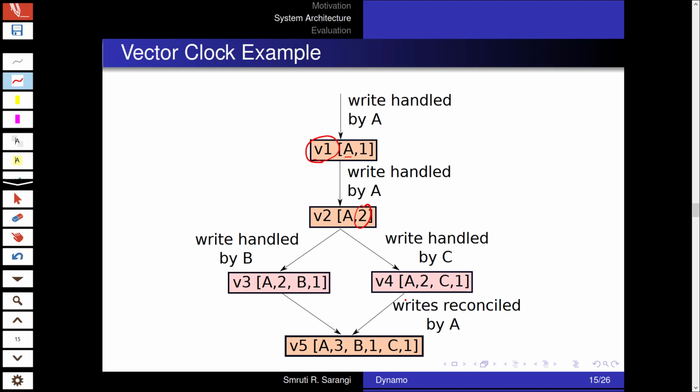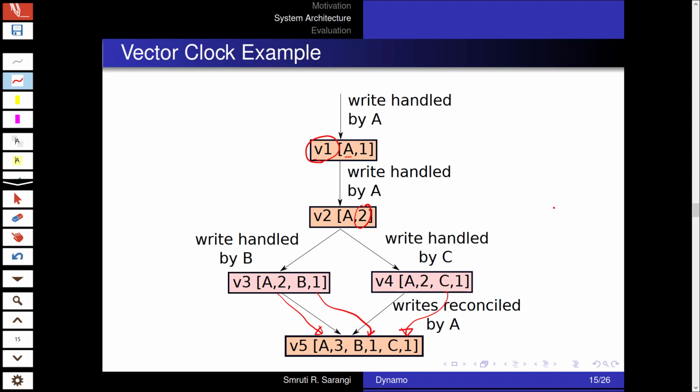Then of course, there is a need to reconcile the writes. So when we reconcile the writes, we reconcile the vector clocks as well. And if A is doing it, it will increment A2 to A3. This we can see over here. And the rest of the entries just get copied. So this basically means that any subsequent version will have to inherit from here. And this version has essentially reconciled all the paths.